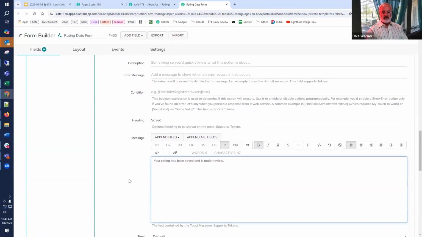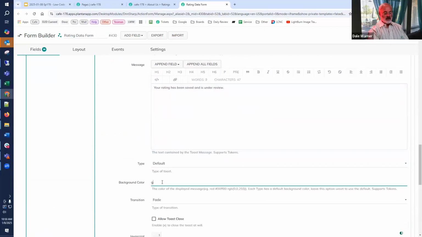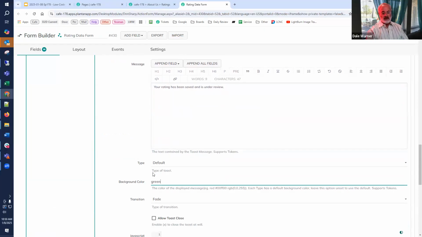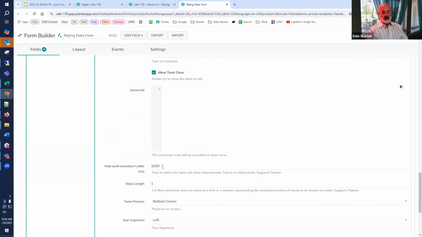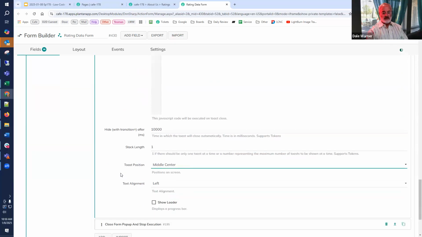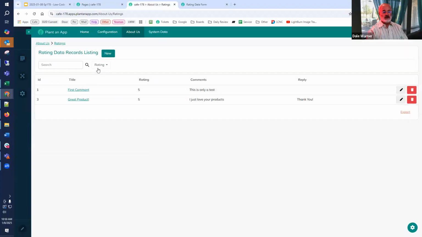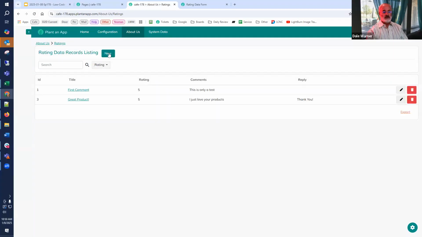Saying this is a perfect scenario, but that's what we're going to do. Saved. We'll make it green, and it can be closed at any time. We'll make it show up for 10 seconds, and I like things right middle center where people can see them. And so now the functionality is a little bit nicer when they do a new